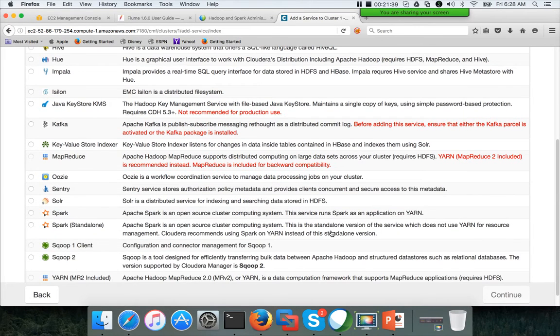Okay, once you choose master, slaves will be automatically selected. Whatever nodes on which data nodes are running, slaves will be there. They will be automatically selected. You just have to review and make sure that it is the case, and that all the nodes which are configured as data nodes are configured with node manager.